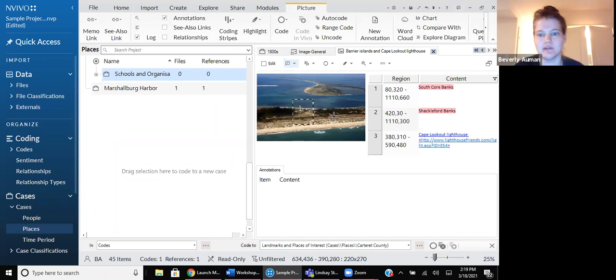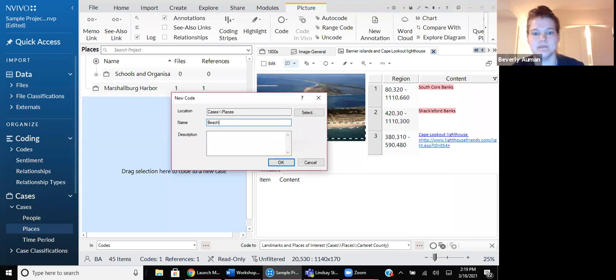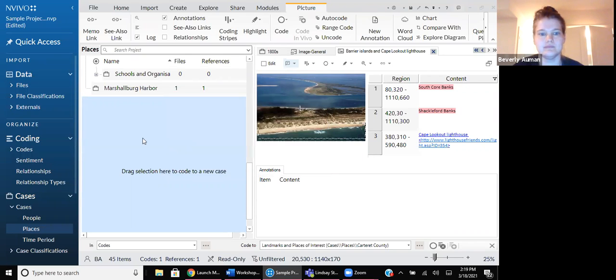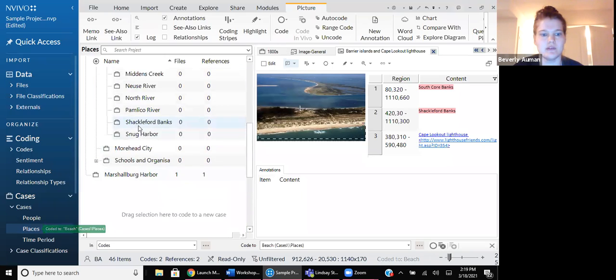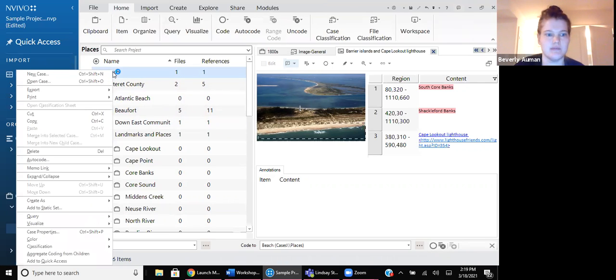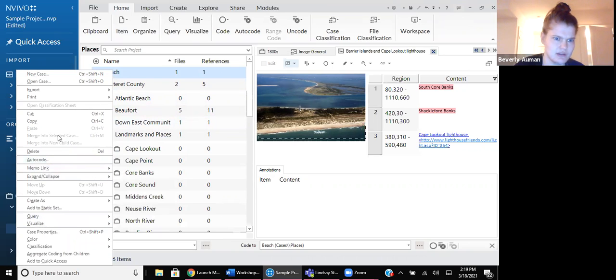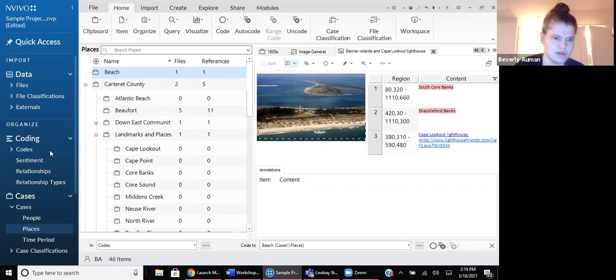So if I want to code the beach, just the beach part, I would just highlight the beach part and drag and drop it over and just put beach. And it's all going to be in alphabetical order, so that's why I went to the top. And you can also create a parent code by right-clicking and then,